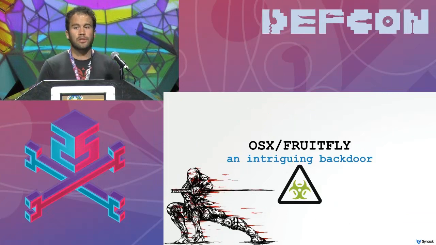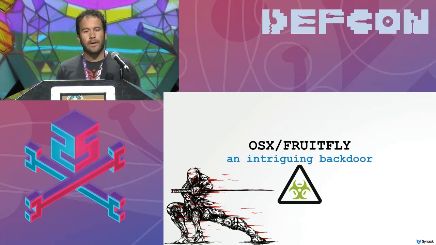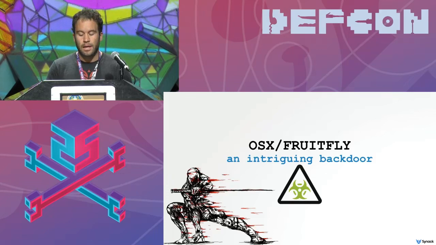I mentioned the target is going to be a Mac malware specimen named FruitFly. But before we can build this custom command and control server to task it, we need two things. We first need to figure out the address that the malware is trying to connect to, where it's looking to connect out to for a command and control server. And then what protocol does it speak? Because this will allow us to create a compatible command and control server,